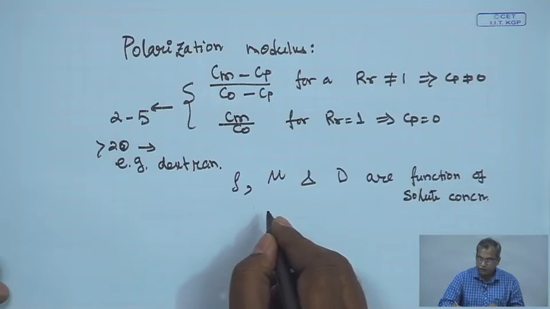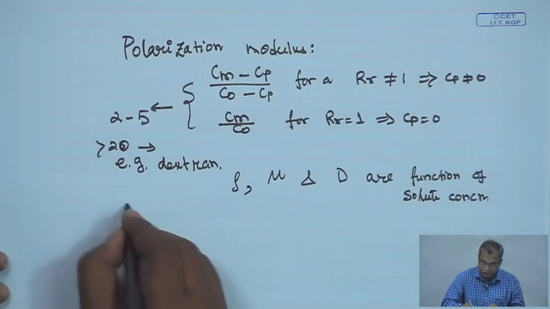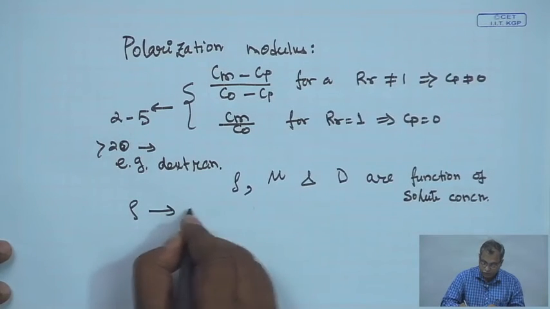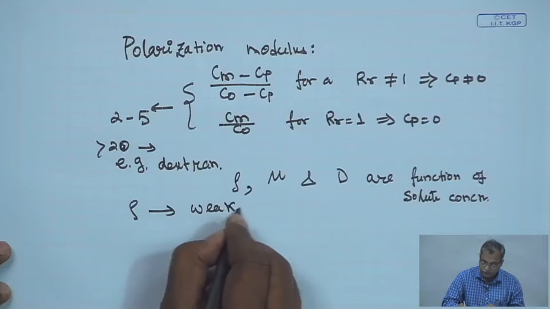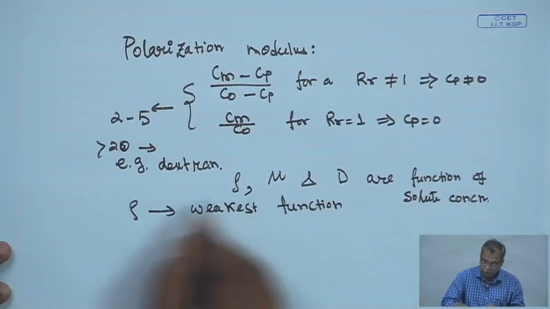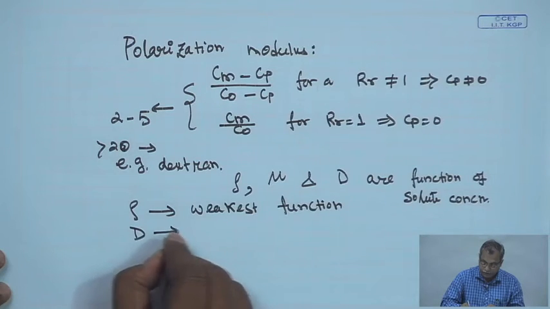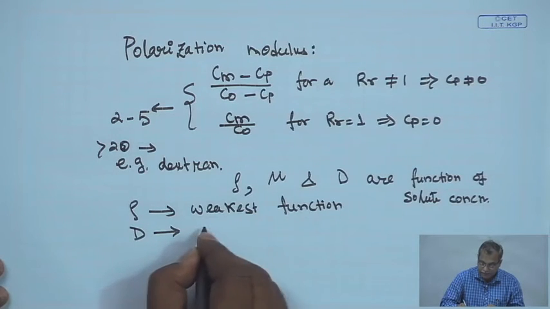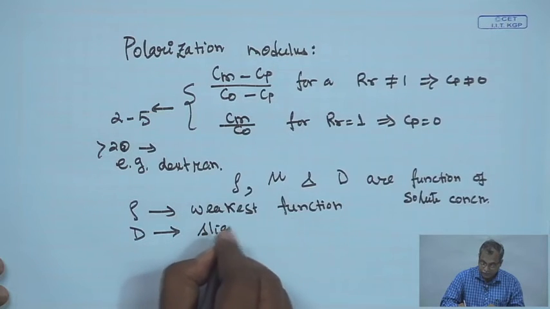All of them are functions of solute concentration. Out of these three, rho is the weakest function of concentration, followed by the diffusivity, which is a slightly stronger function of concentration in some cases,